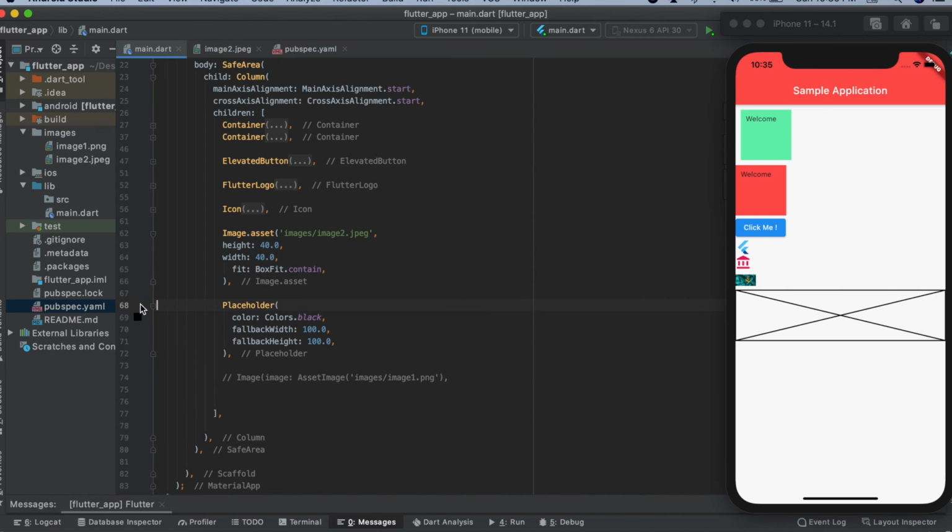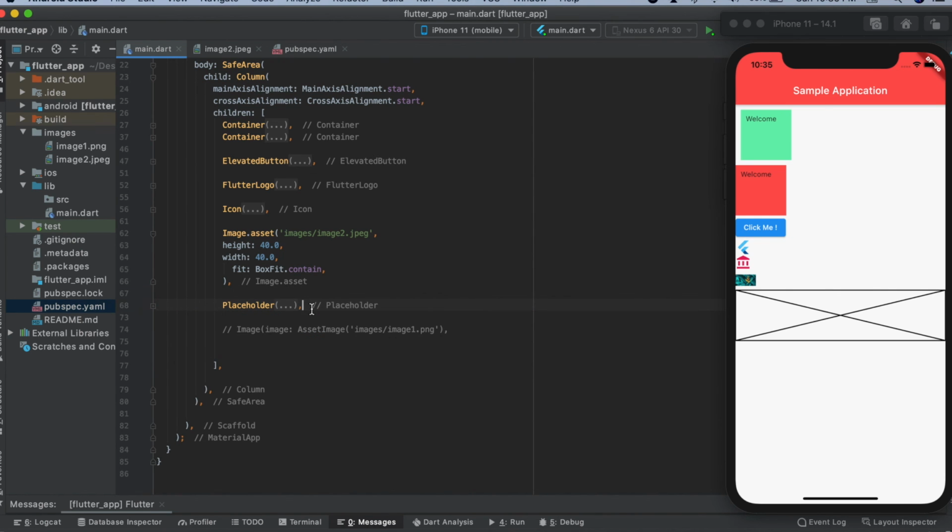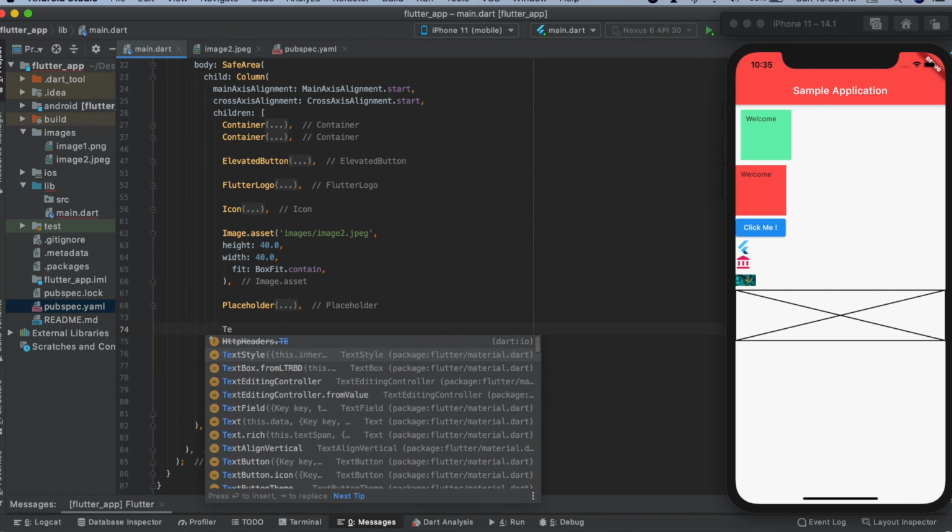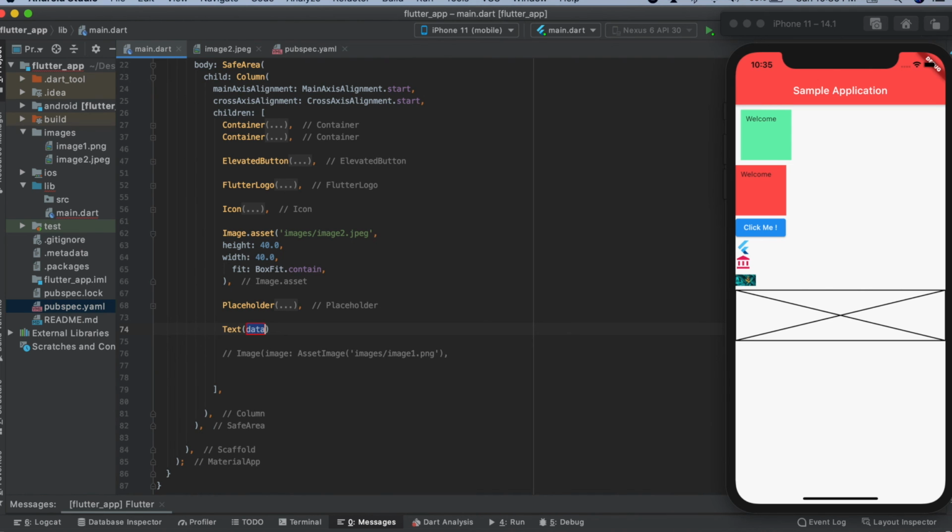Then the last thing we have is your text. I'll write Welcome to Flutter application, and it would appear like this. I can change the style or text align.